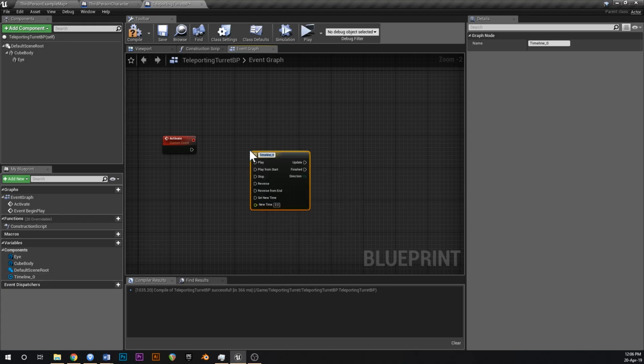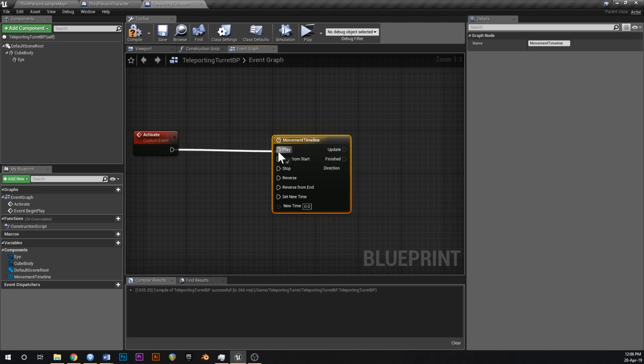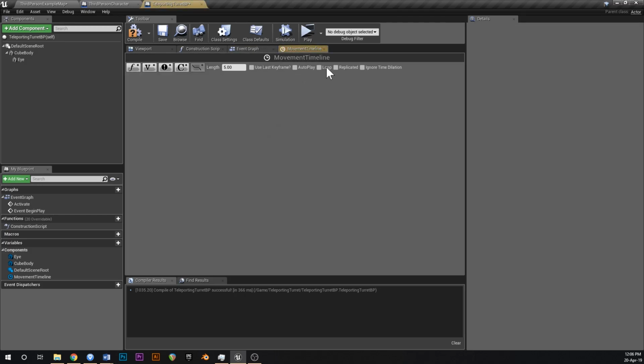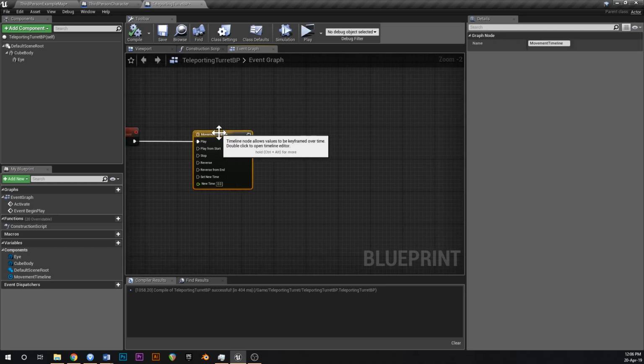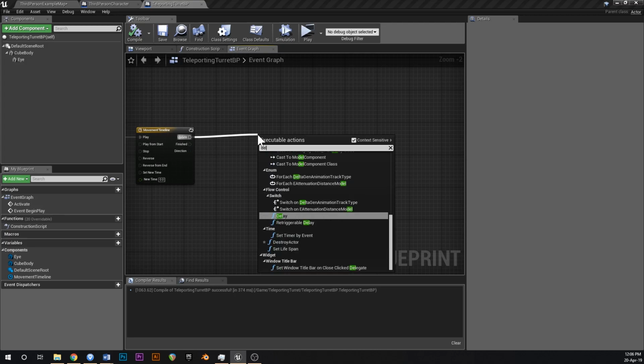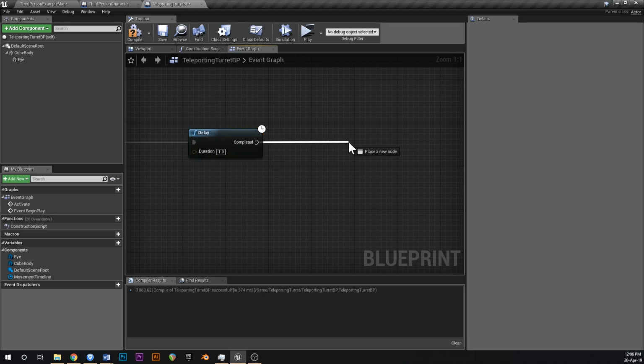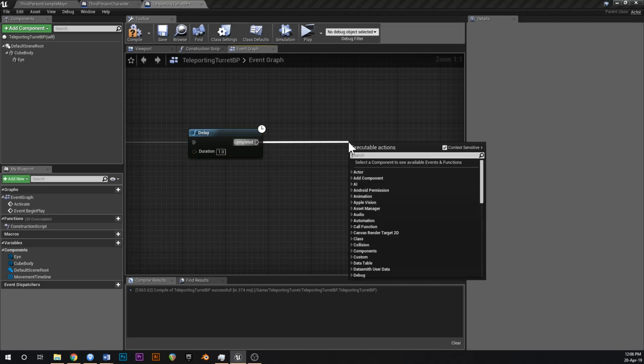So go timeline, right click, add timeline, and we'll call this movement timeline. And off of activate, just hook that up to play. And just make this looping, and I don't think we'll need a track at the moment, so let's just compile and save that. Okay, so what we might do off of this is we'll say delay, and the delay just for testing at the moment can just be about 1 second, and each 1 second what we're going to do is we're going to